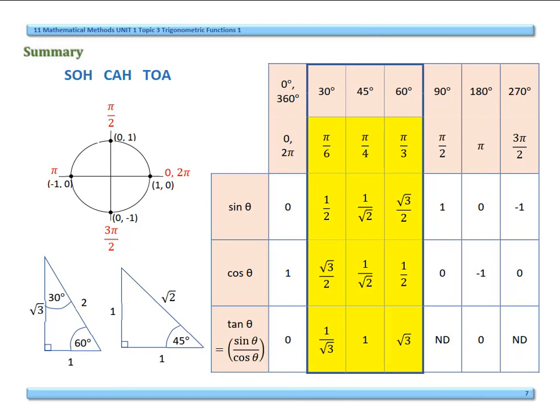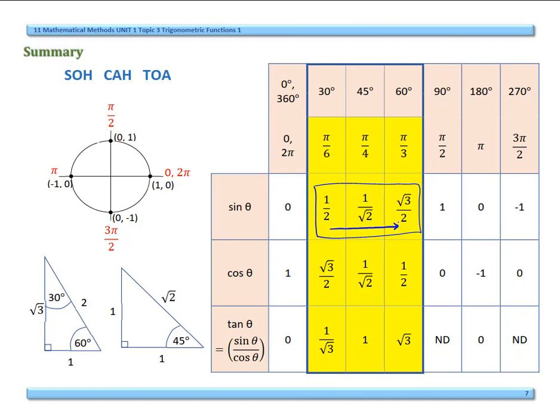Now, this slide summarizes those exact values. It also puts the angles in both degrees and radians. The easiest way to remember these ratios is not to keep drawing the triangles. If you remember that sine theta, going from left to right for pi on 6, pi on 4, pi on 3, is 1 on 2, 1 on root 2, square root of 3 on 2, if you remember all of those and only those, you'll be able to get the others, because